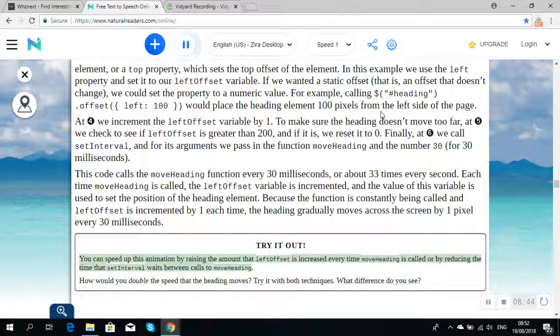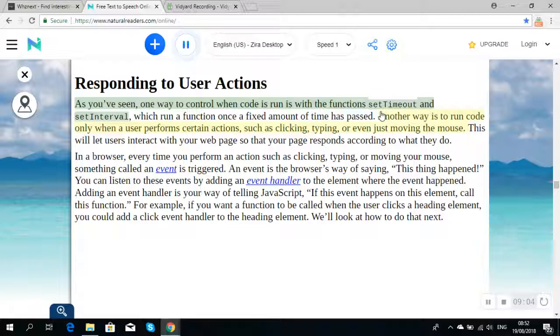You can speed up this animation by raising the amount that leftOffset is increased every time moveHeading is called, or by reducing the time that setInterval waits between calls to moveHeading. How would you double the speed that the heading moves? Try it with both techniques. What difference do you see? As you've seen, one way to control when code is run is with